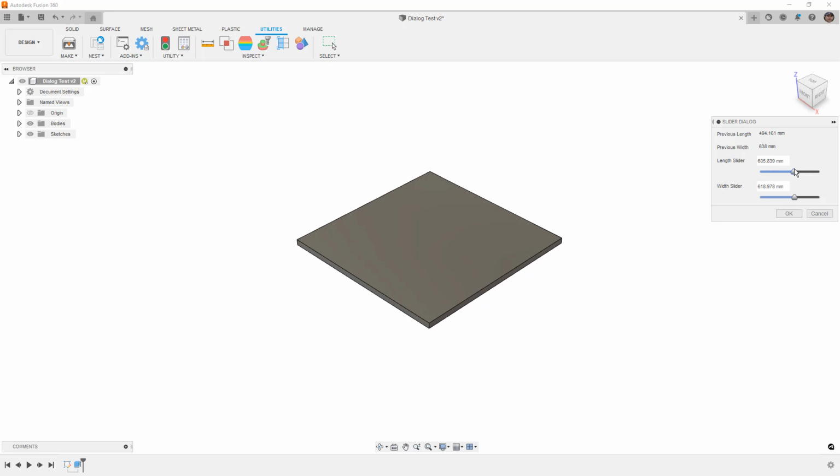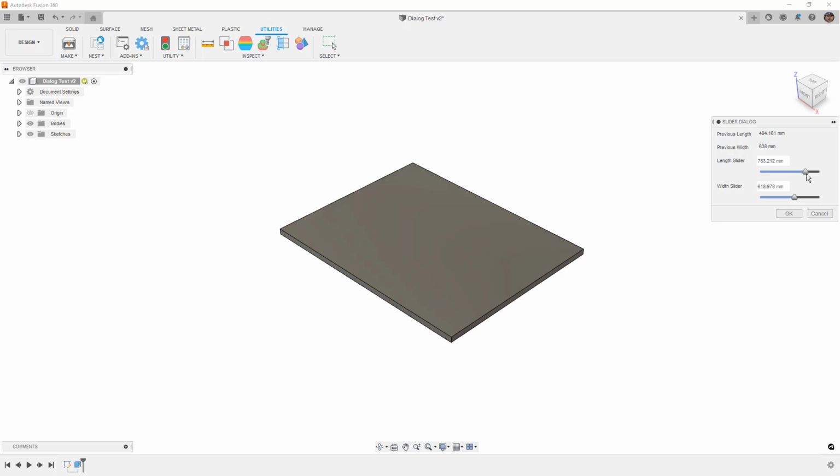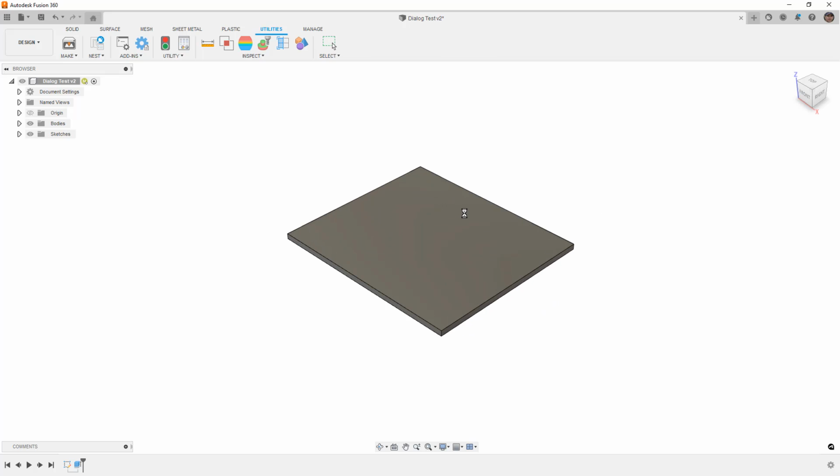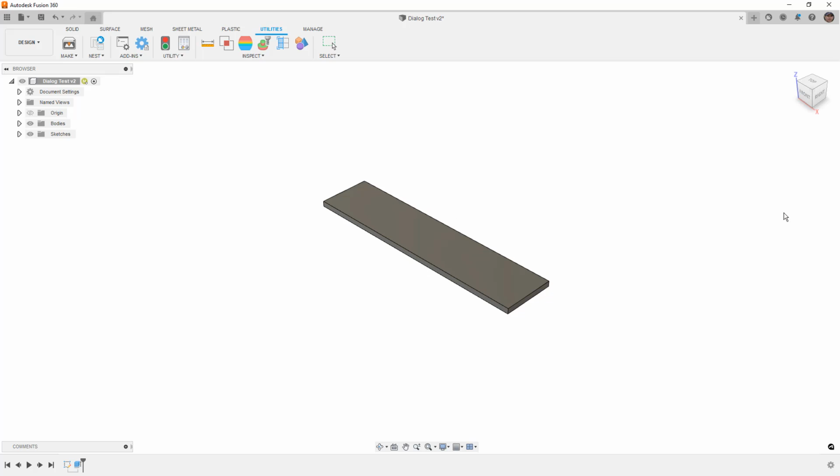So once again, it's pulling in those initial values, those previous values, and again, they're read-only, so you can't do anything with them, and it's allowing you to make adjustments to the design. Now, if we hit cancel, you can see that it's thinking, and then it goes back or reverts to its original shape. If I go ahead and hit OK, it should update those user parameters, and now this is the